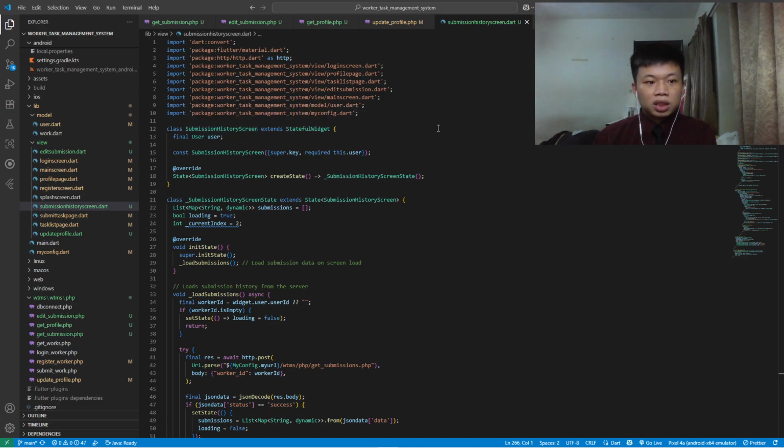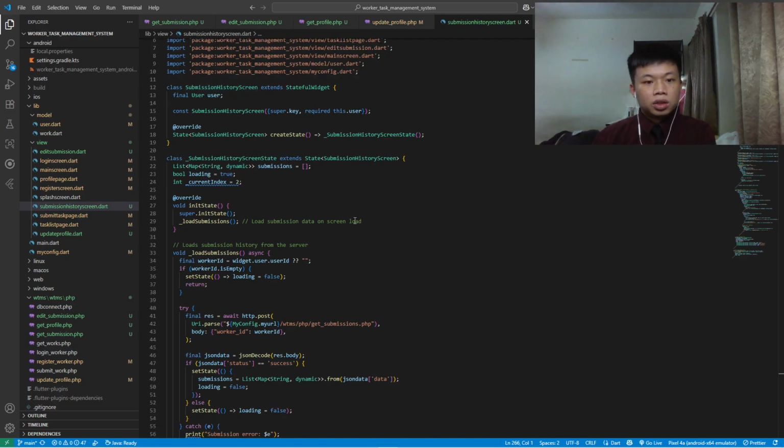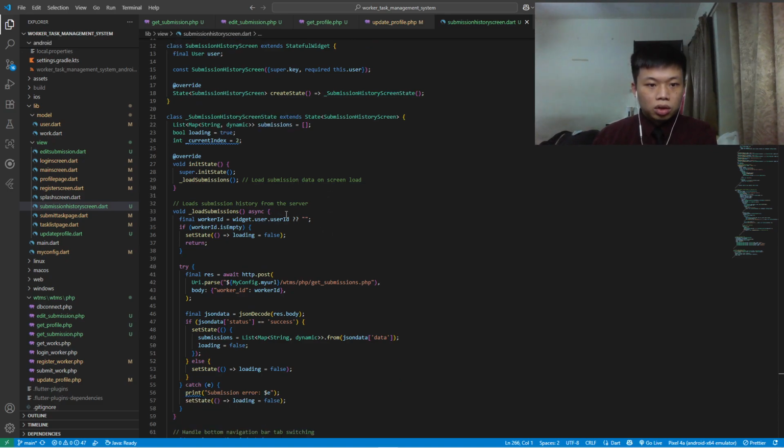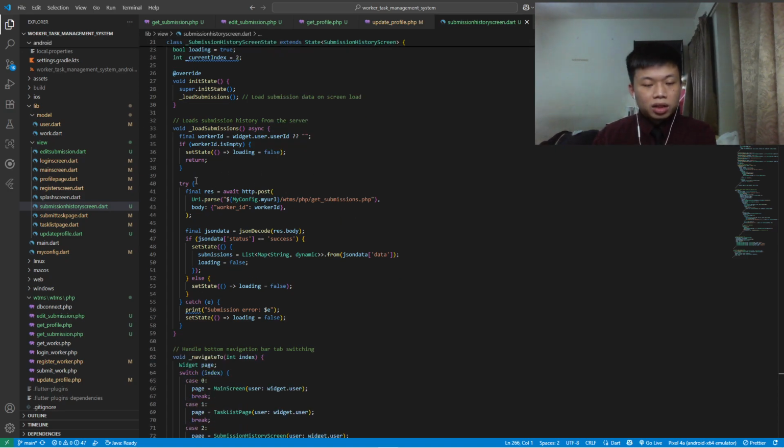So first of all, this is the submission history screen. Here in the initialized state, it will load the submission data on screen load, and it will also load the submission history from the server by using the void load submission. If the worker ID is empty, it will set state loading false. And then here in the try,